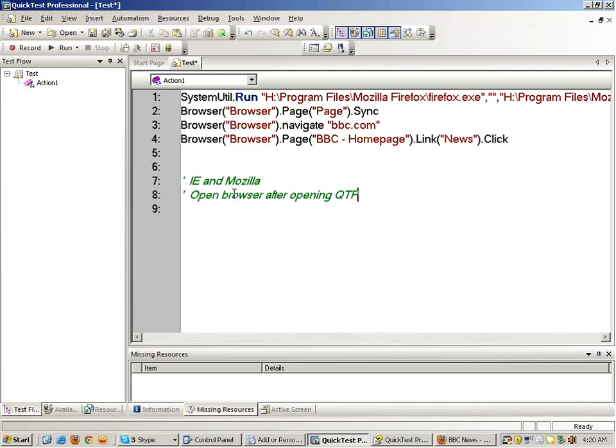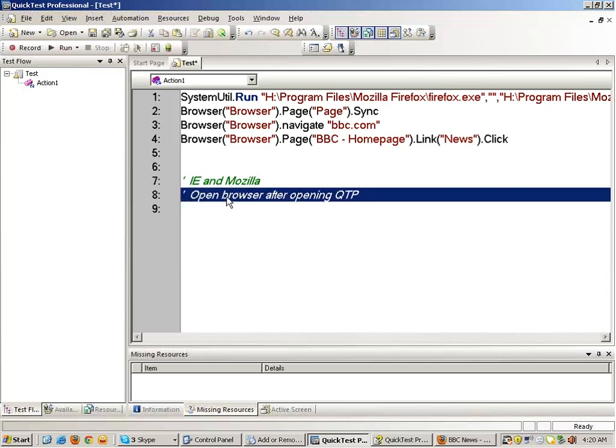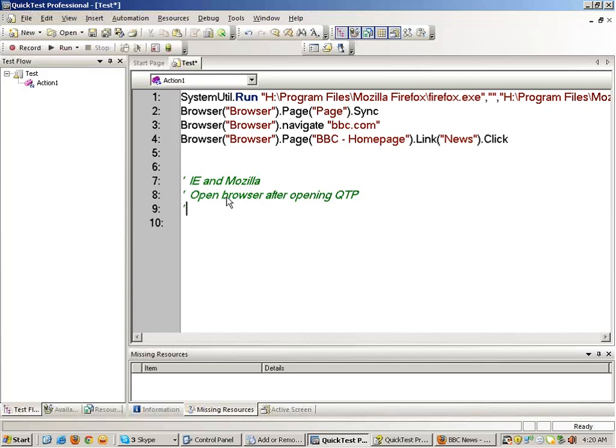Fine. Do not open a browser before opening QTP. If you open the browser first and then open QTP and then start recording on the browser, QTP will not record on the browser. So all the browsers should be opened after opening QTP. Okay. At times in Windows 7